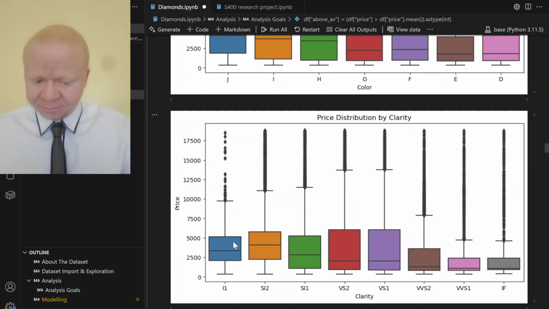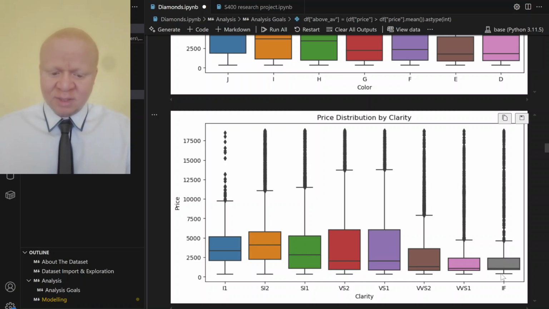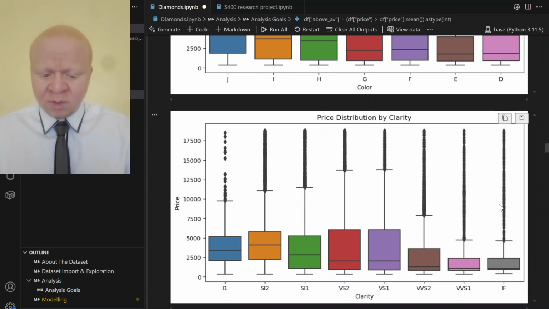And similarly, we observe a trend as we move from somewhat low clarity to internally flawless. And when you look at this, we see that although most of the body is somewhat below 5,000, it also shows that there are a lot of outliers for internally flawless diamonds, which tells us that it may be